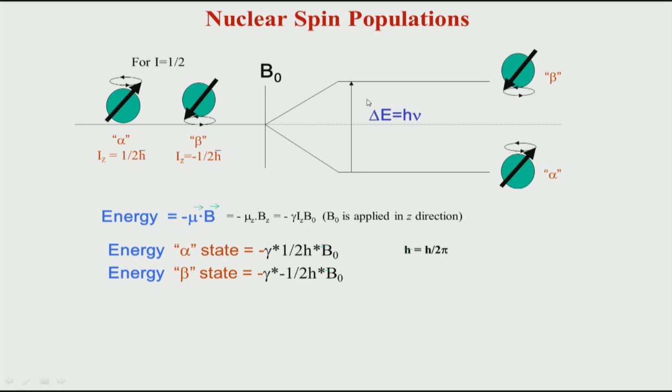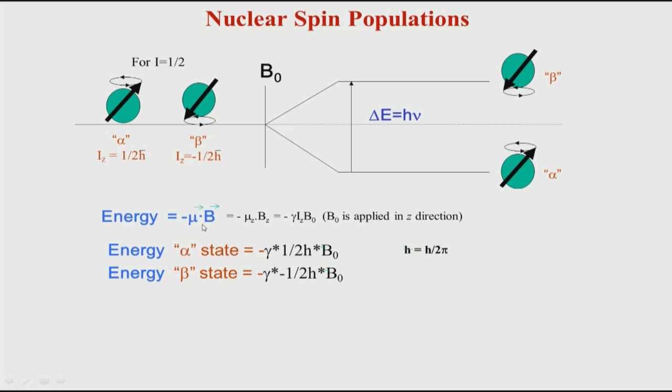To achieve that excitation, to take a molecule from the lower state to an upper state, that is when you want to flip a spin, you have to apply energy delta E, and that is applied as electromagnetic radiation, which we denote as h mu. So, we can calculate what this delta E is going to be, and that comes from this formula.